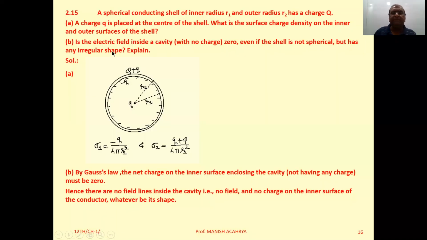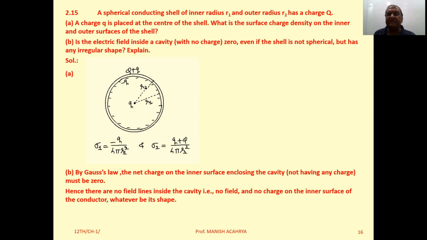Now see, suppose we consider a cavity for which there is no charge inside it. Then if we consider a Gaussian surface very close to the surface of that cavity, then as per Gauss's theorem, we can write